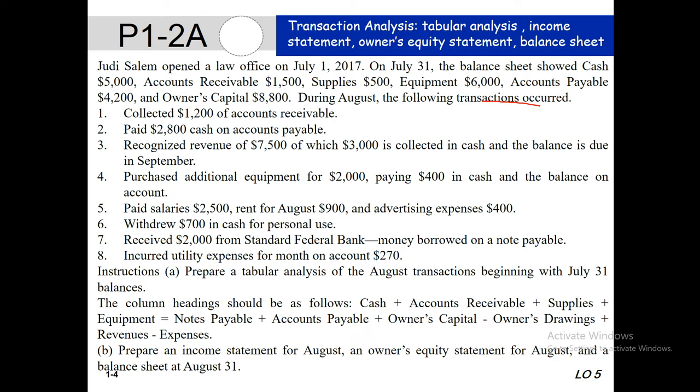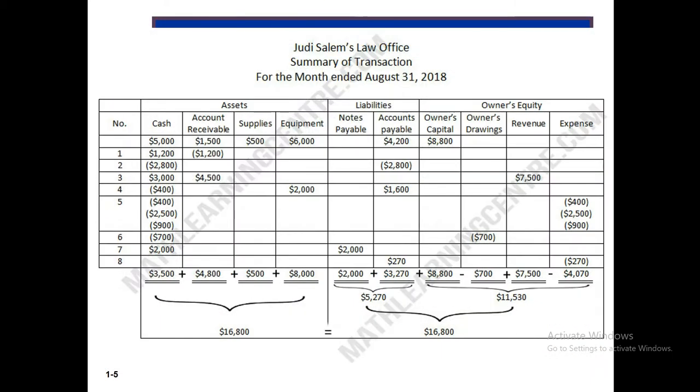Instructions: A. Prepare a tabular analysis of the August transactions, beginning with the July 31st balances. The column headings should be as follows: cash, accounts receivable, supplies and equipment, equal to notes payable plus accounts payable, owner's capital minus owner's drawing plus revenues minus expenses. So we can see here this is our asset,